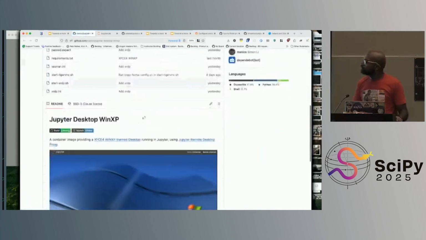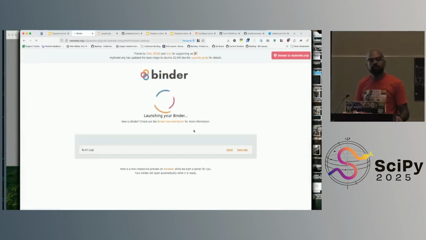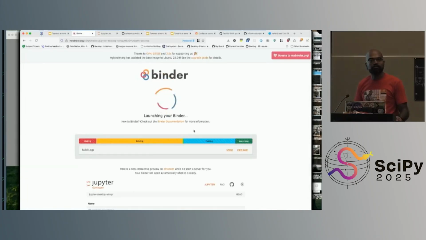I love doing random Linux desktops as my demo, because it's really strange how far we have come in putting things inside things. So this is a web browser connecting to a server that's running something Linux, which inside it is going to run a different Linux that's going to pretend to be Windows XP, which I generally think is really cool. And the fact that I can just run this in my browser from clicking a link, and then stalling for the amount of time it takes to install Windows XP, which is much faster. I've installed Windows XP, and it takes a lot longer than this does.